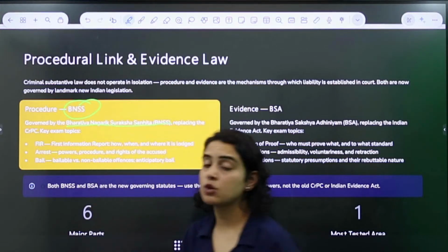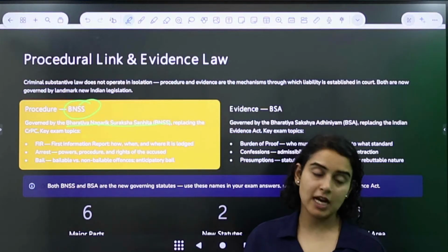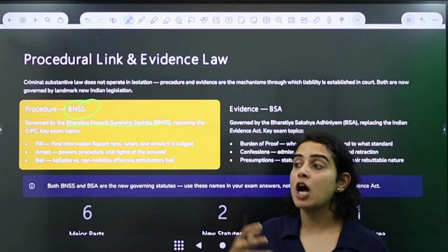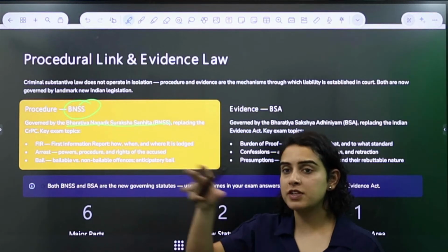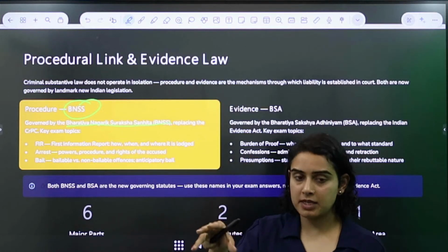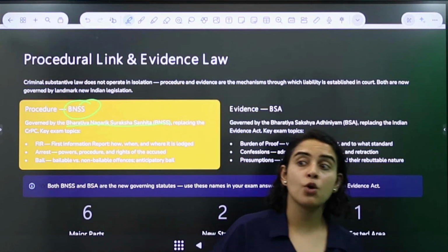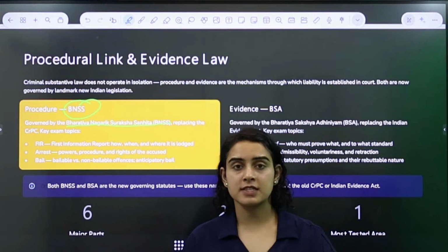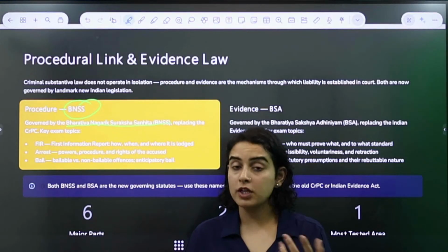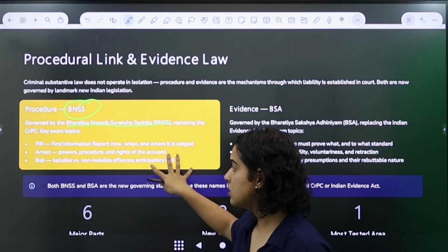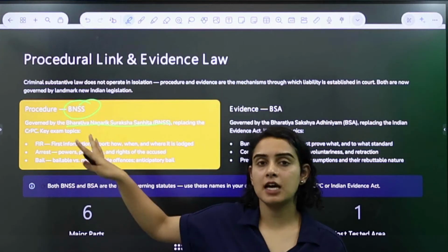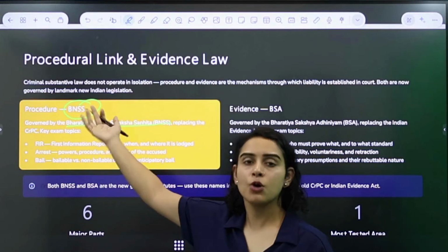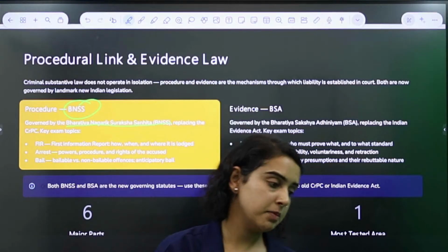BNSS tells us what is going to be the entire procedure for a criminal case, right from how a complaint has to be filed, how an FIR has to be registered, how charges will be imposed on a person, what all different sections will be applicable if a certain crime has been done, what is going to be the procedure of the entire case, how the evidences have to be presented, how cross examination of the witnesses has to be done, how order has to be passed. All the rules around the same have been given in the CRPC, and the judges and the courts have to strictly adhere to BNSS, or earlier it was known as CRPC.